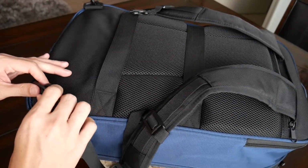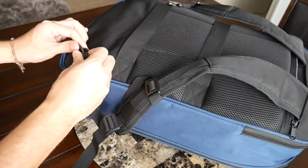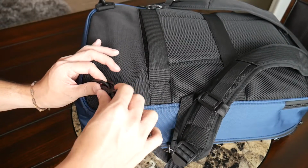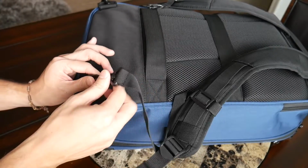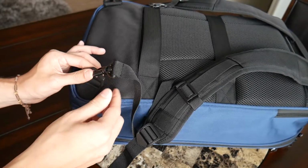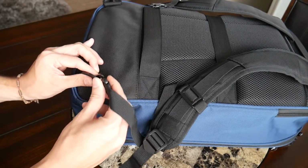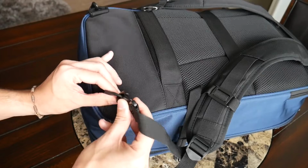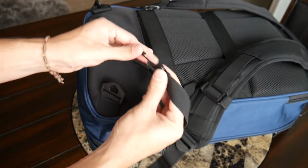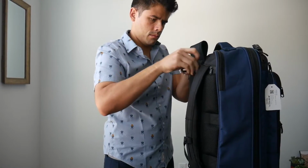If you do find that you need to check the bag or you want to use it as a briefcase or a shoulder bag, you have the ability to tuck these straps away. And I really like how this was implemented here. The plastic used in this clip is very, very solid, which is typically one of my biggest worry points with budget travel bags. That was one of the biggest issues with something like the Amazon Basic Slim that we looked at a little while back. So love to see that these clips feel like they're gonna hold up well over the longer term. They're still really easy to release, so you can get that out very simply, and these straps tuck away into this pocket at the top